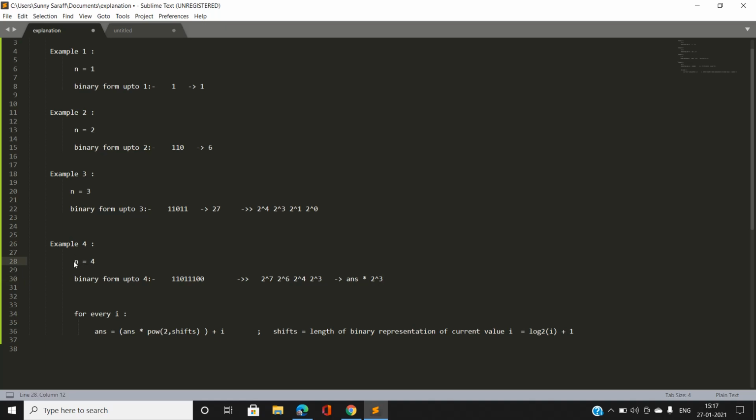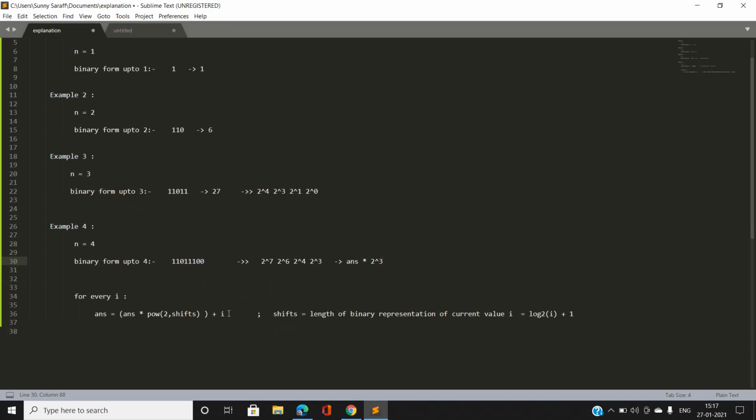when we encounter a certain index I, then the previous answer is going to be multiplied by 2 power shift, which is based on the previous value, I minus 1. And we are going to add I also, because after appending 4 we have calculated the change for previous up to n equal to 3.